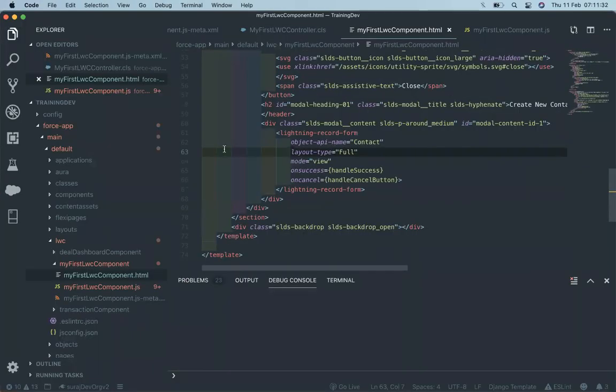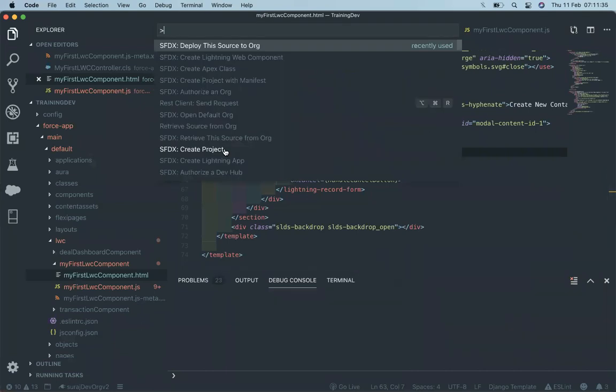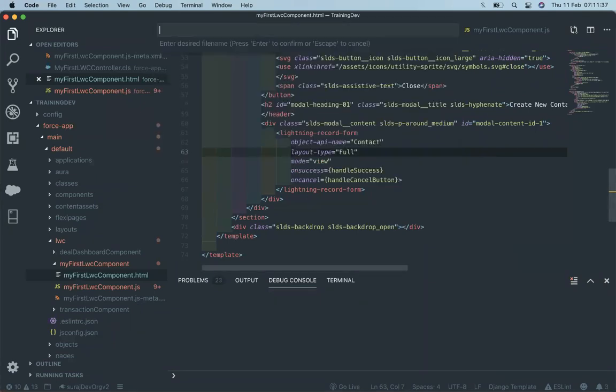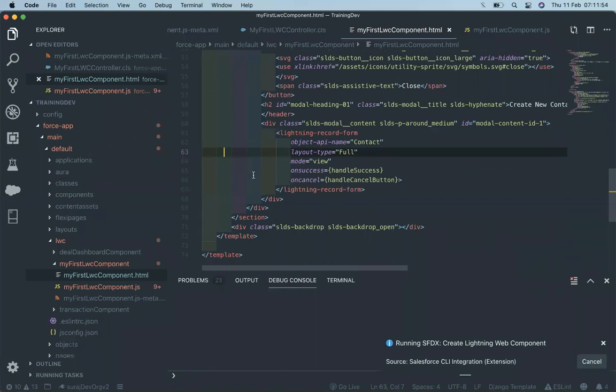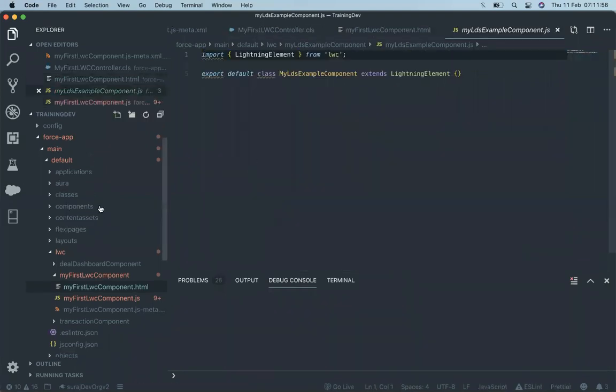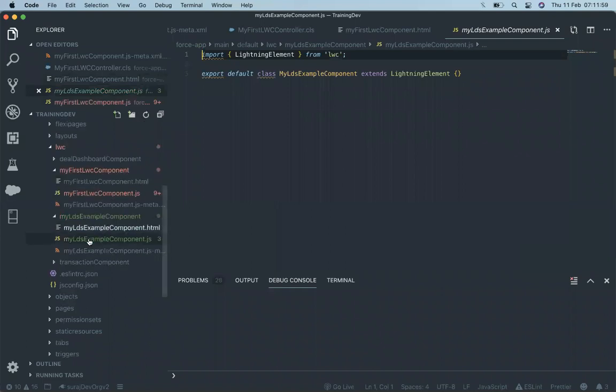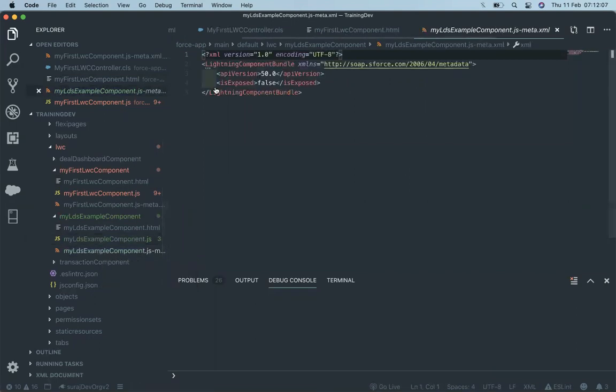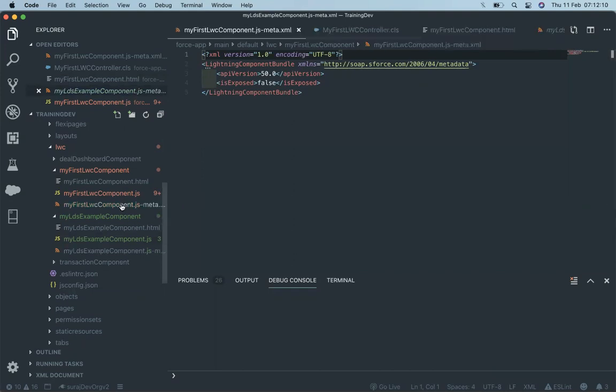For that, let's create a new component. So create a Lightning Web component. Okay, I created my LDS example component. Once I created the LDS example component, that folder comes up here. So first I need to work on the meta XML. In that meta XML, I need to make it available on the pages.